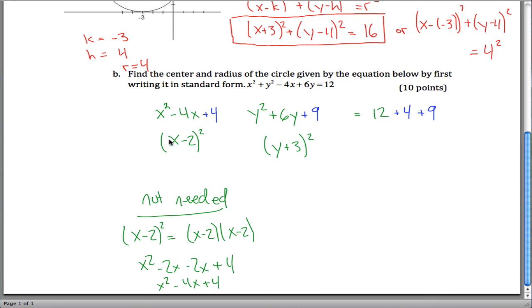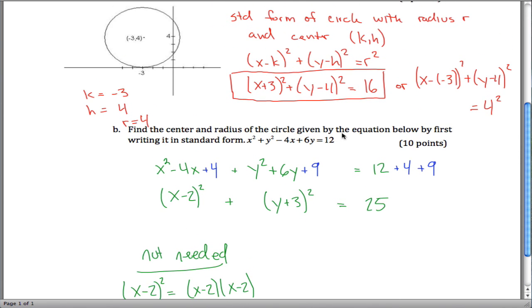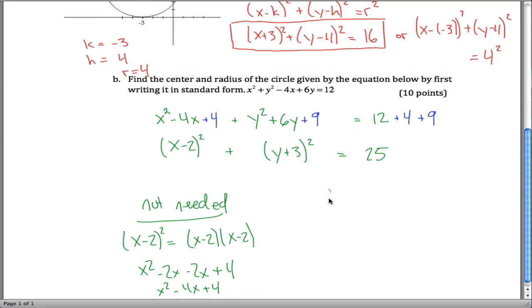If you can figure out how to get to this line one way or another, you're good. There's kind of a plus in between here where I separated these guys. And now over on the right, I have 12 plus 4 plus 9, which is 16 plus 9, which is 25. So what I now have is the standard form of this circle. And you can kind of look at the standard form, and if it helps, you can compare it to this standard form that I have up here and figure out that the center,